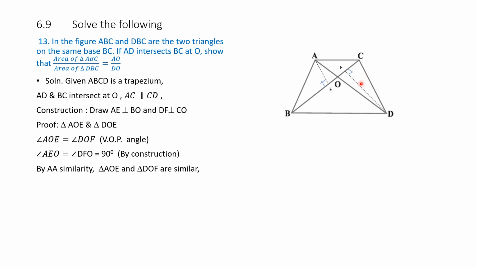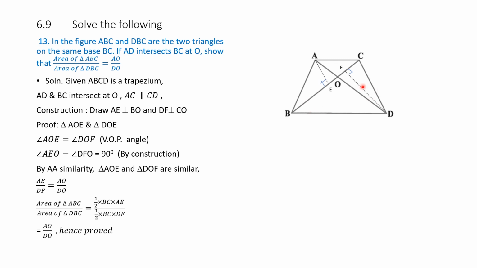Therefore, angle AEO and DFO equal 90 degrees by construction. Therefore, applying AA similarity, triangles AOE and DOF are similar. Therefore, AE by DF is equal to AO by OD. Hence the proof. Now, we have to find the area